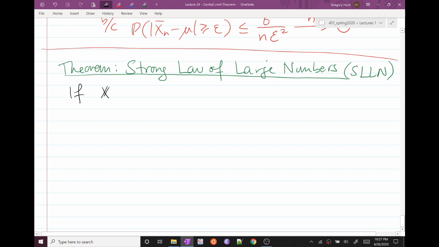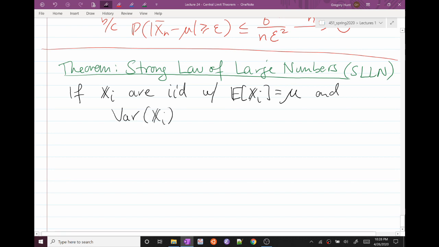It says that if I have X sub i, and these X sub i are independent and identically distributed, with expected value of each of them being mu, and variance of each of them being some finite sigma squared,